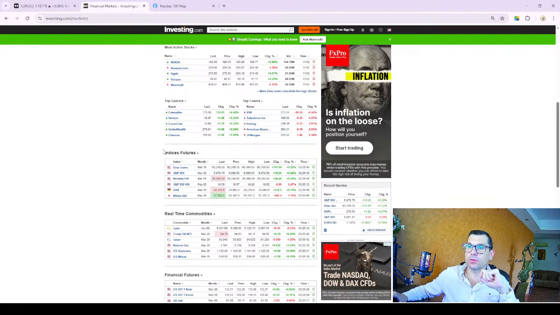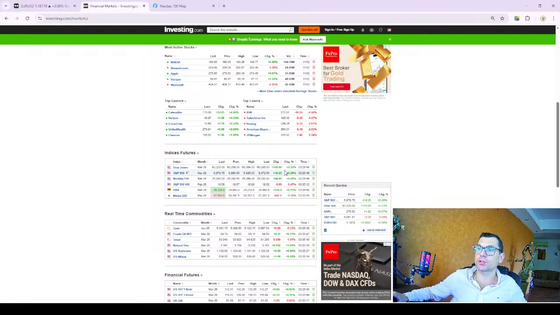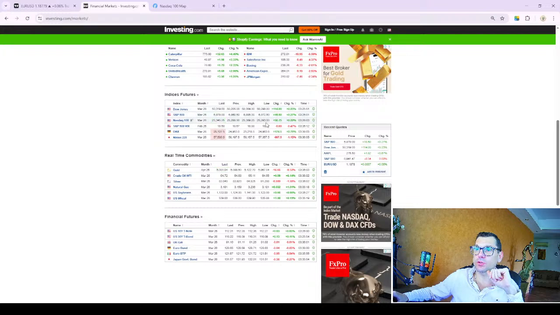Okay, now indices futures. That's what we just said. Okay, indices going up. Dow Jones keeps going, right? And it's quite a significant move, $114, right? Just today alone. Now we go for the other ones. You see the rest of them also doing quite well. Now the Japan index, though, you see dropping down, right? Dropping down -1%. Nikkei 225 dropping down today, right? We'll see. Maybe we're going to see a reason for it later reading news.